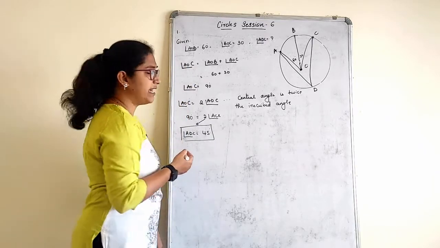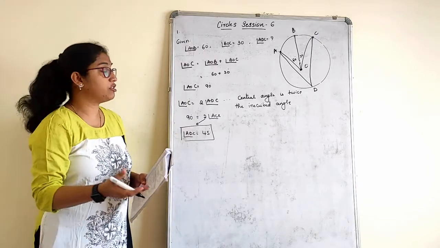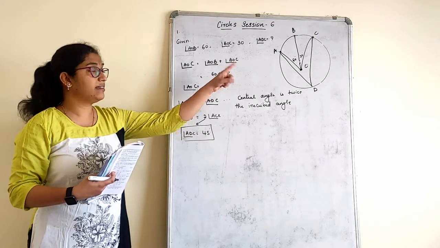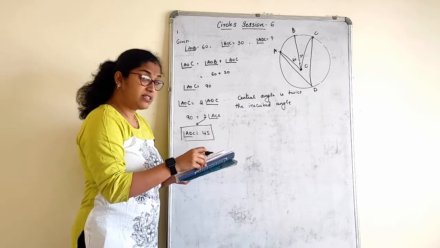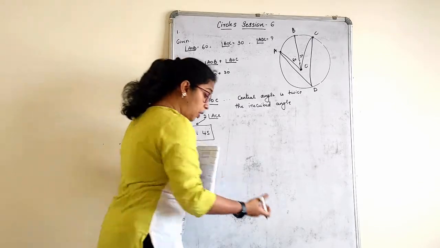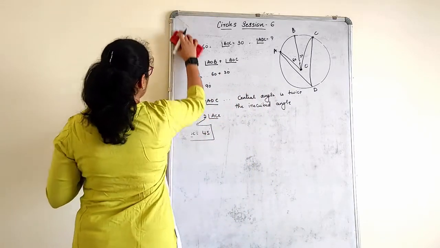See the steps that I have written here, in case it is asked in the subjective part, right? Because the reason and everything has to be written. In MCQs you can directly say it is twice of that and get the answer. Quite simple sums we have. These are all applications of the angle properties and chord properties that we have studied.